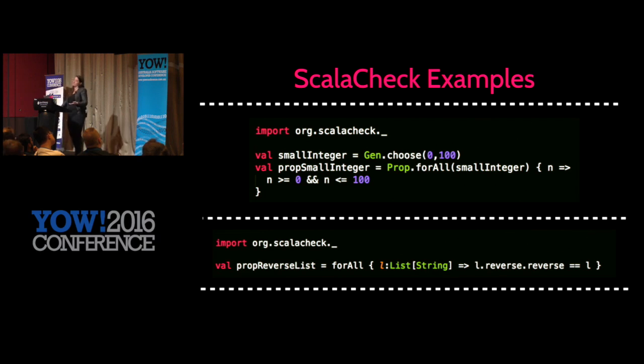And so this is cool because for things where you're doing reverses or translations and serialization and deserialization, you can generate all these really complex objects, throw them through the serializer, deserializer, and ScalaCheck or whatever will do it for you. And then you can find if you have any weird edge cases, like, oh, I didn't know there was going to be a nil there.